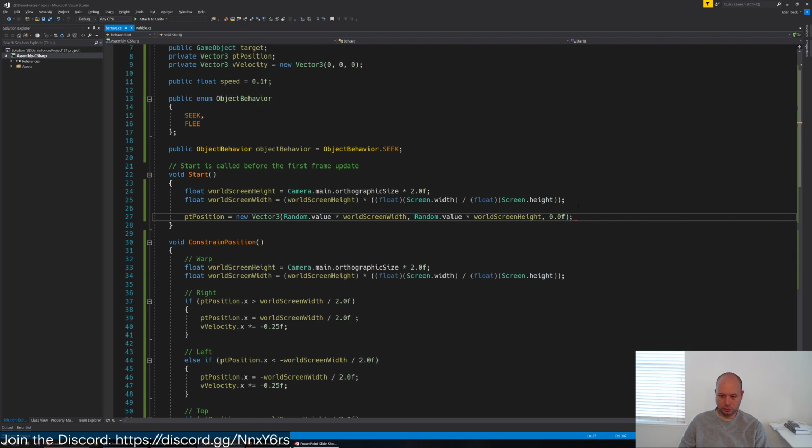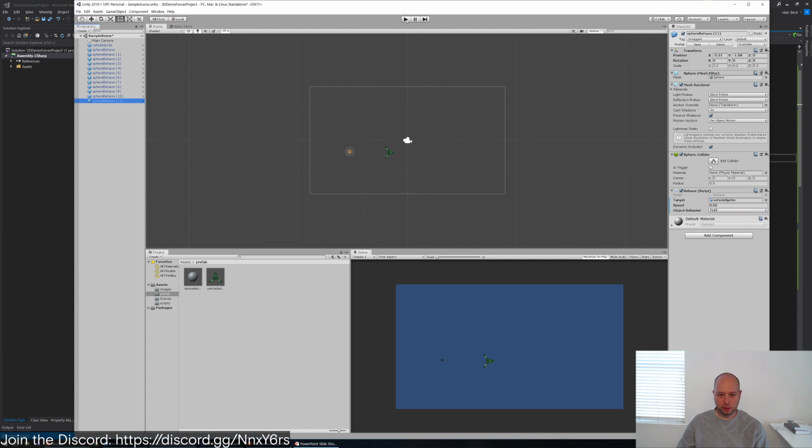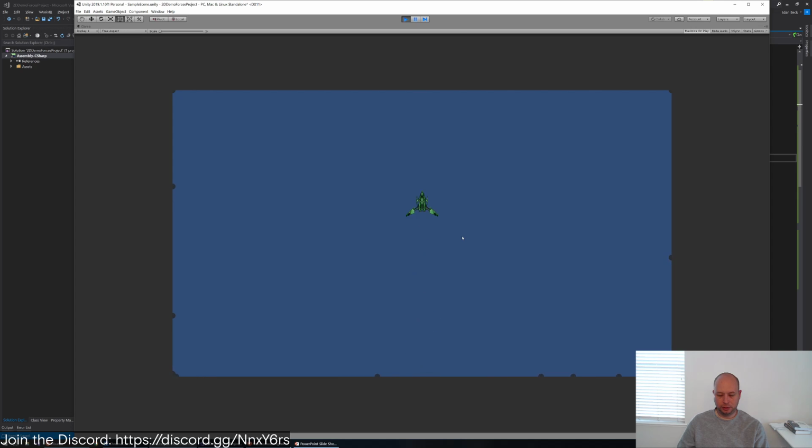Actually, we need to multiply this. We need to subtract 0.5 times 2, which what we're doing is we're just shifting it, because as you remember, it's this wide, but we have negative and positive values, so what we want to do is move it to the correct location, and hopefully now when we add an object, it'll randomize its position,